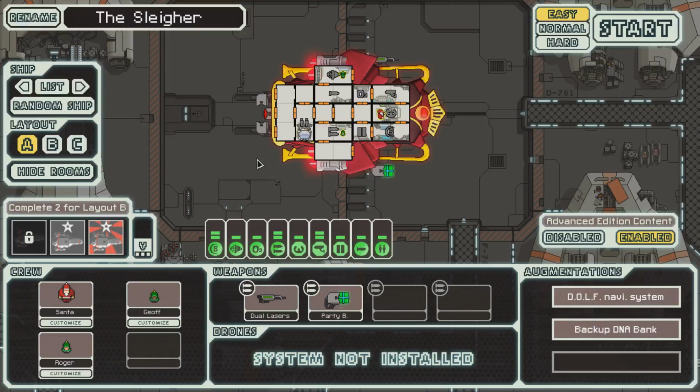So, this ship is very unique. Let's talk about it for a second. First of all, actually, no, let's get into it first, and then we'll talk about it, because there's more to it than just the weapons and the special augmentations. So,